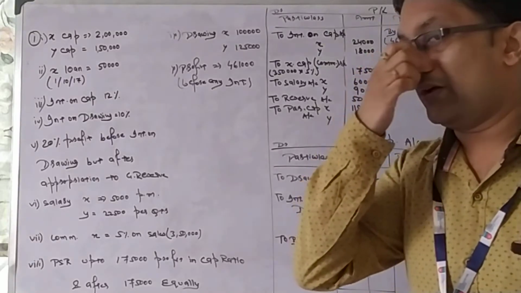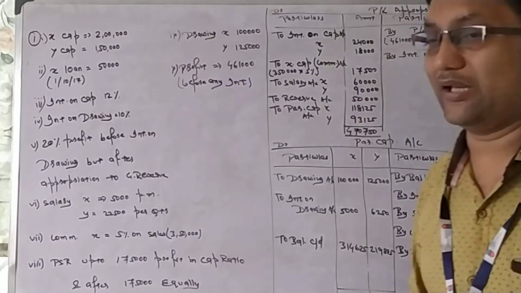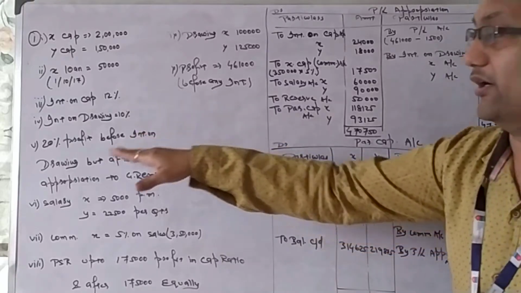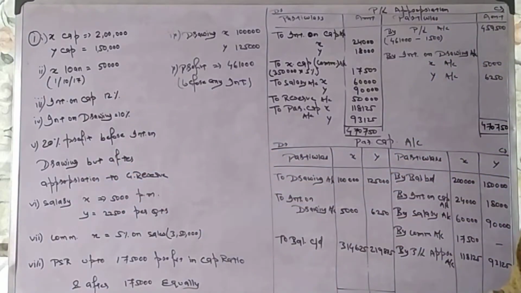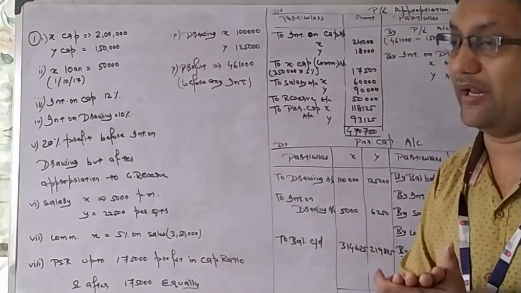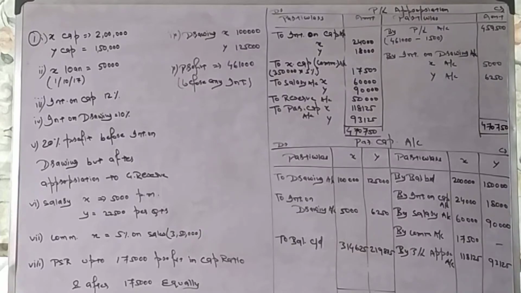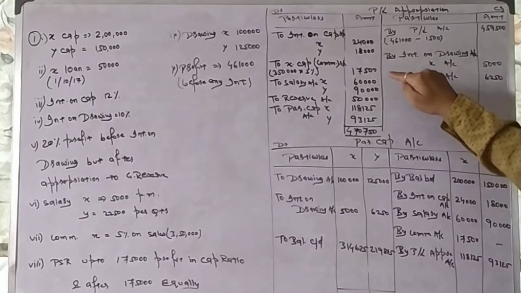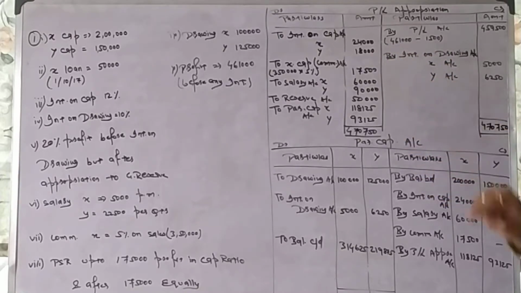Now, very important point, the last two, reserve and partners' capital. What has been said about reserve? 20% profit before interest on drawing, but after all appropriation to general reserve. That means before adding interest on drawing, but deducting all the items. That means 4,59,500 minus 24,000 minus 18,000 minus 17,500 minus 60,000 minus 90,000.